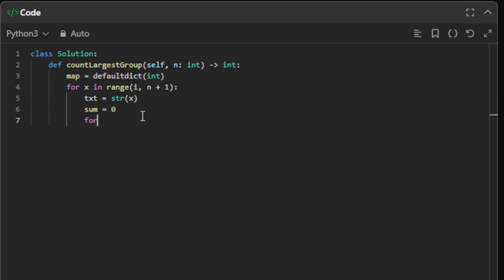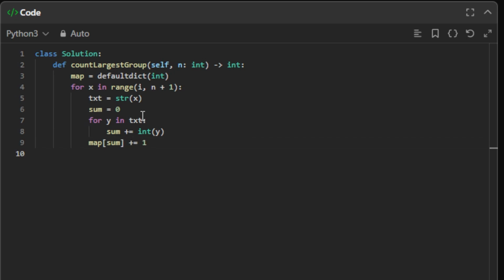And now for y in text, we will add to sum y converted to a number. And we will update map at sum plus equal 1. Next we will set maximum value of -1 and a variable groups equals 0. And for every key in the map,